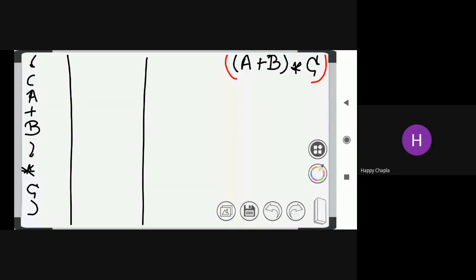AB plus C star. Krish, don't follow the direct method. You have to follow this stack method. I know the answer in both methods is the same, but you have to follow this method. In the examination also you have to perform the program using this technique only. Okay, so now first rule. If you have done all of it and you know the process, then no worry, you can implement the code.